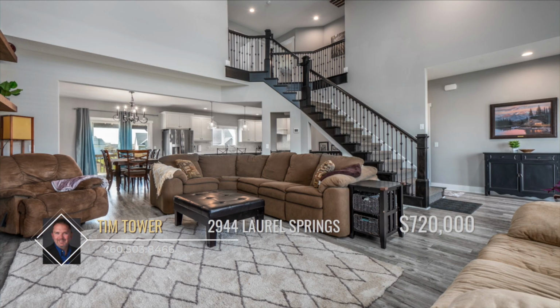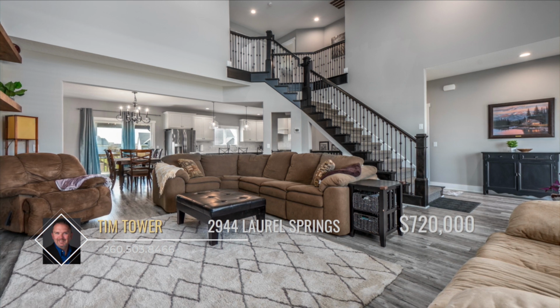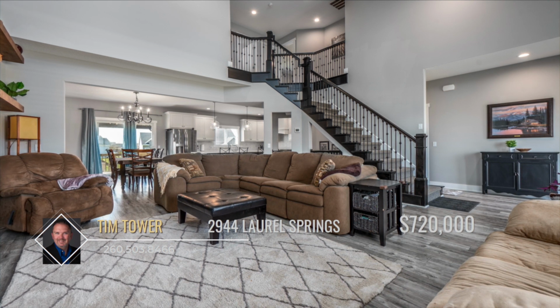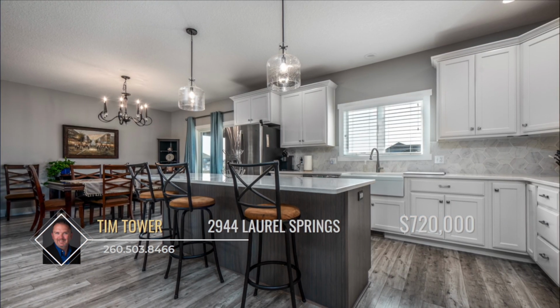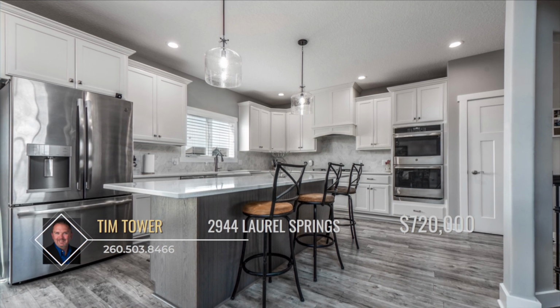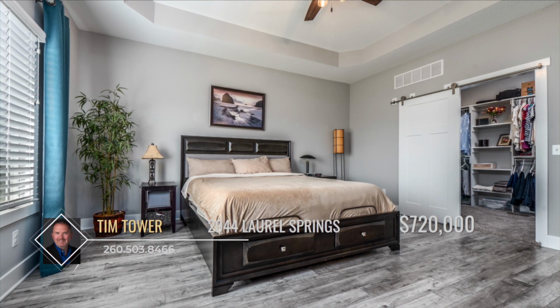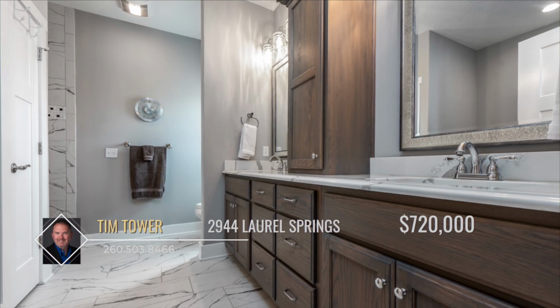Enjoy time with the family in an open-concept living area with hardwood and tile flooring, vaulted ceilings, and a stone fireplace. The large dining area opens to a chef's dream kitchen featuring quartz countertops, stainless steel appliances, and a grand island. The master suite has a tray ceiling, a sizable barn door walk-in closet, and a luxurious bathroom with dual